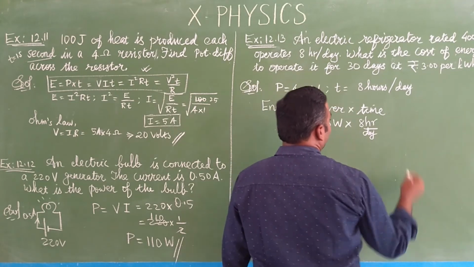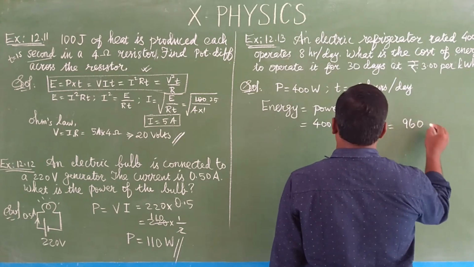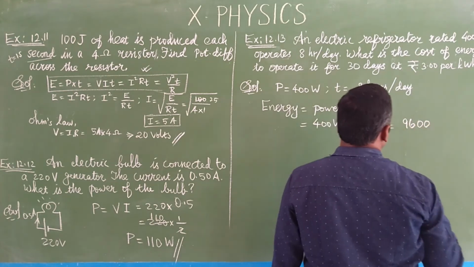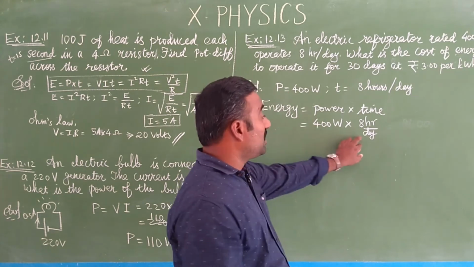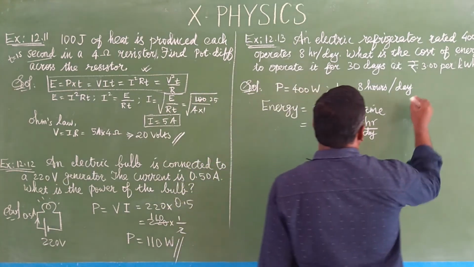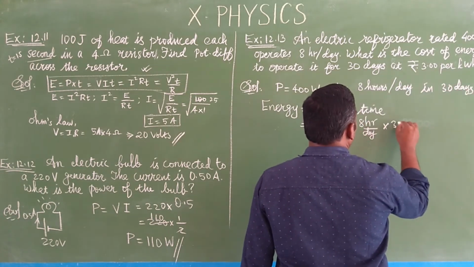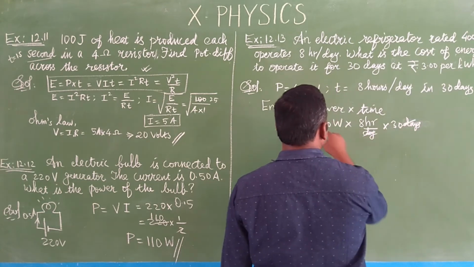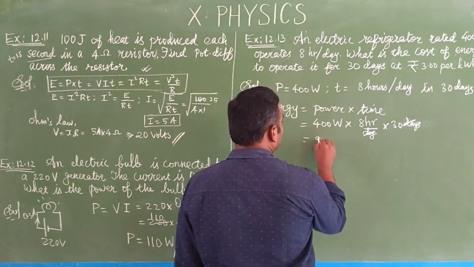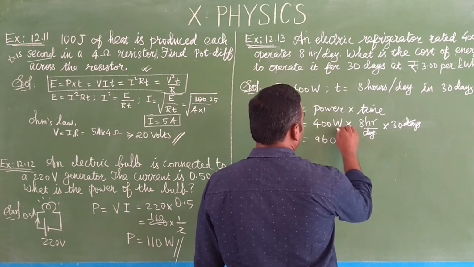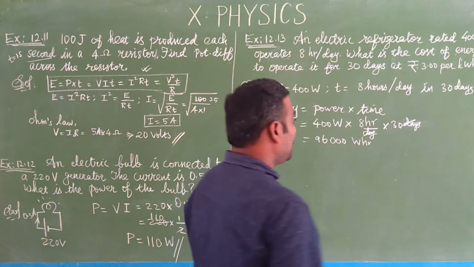So we have 4 into 8, it's 96. Sorry, 400 into 8. Energy is equal to power into time. இது ஒரு நாள். அது மாதிரி இன்னும் எவ்வளவு நாள்? How many days? In 30 days. So day cancel. So 4 3s are 12, 12 8s are 96. So 96 after 30. Then watt hour. Okay. So 96,000 watt hour also we can say as